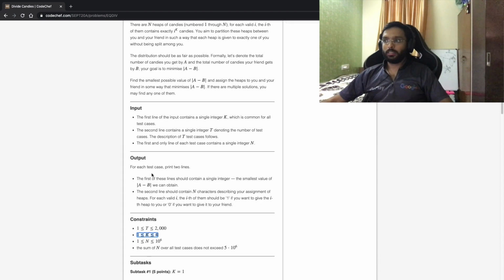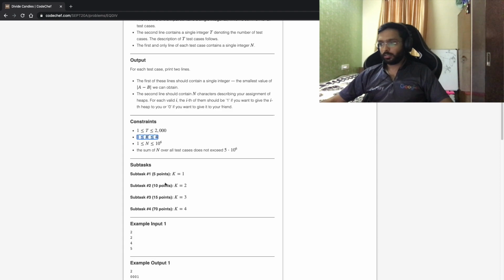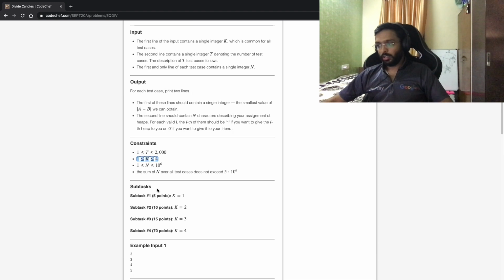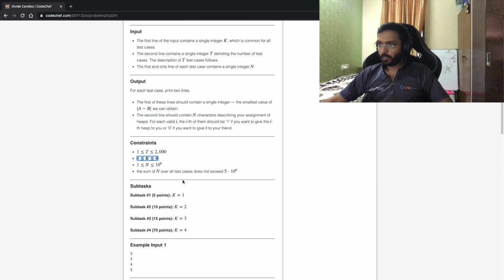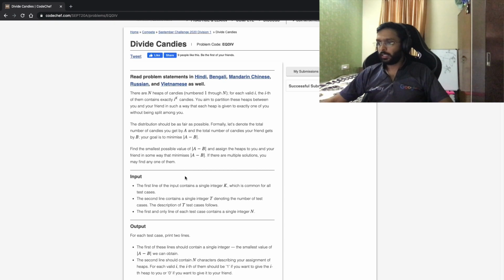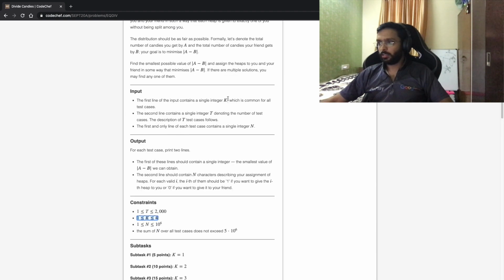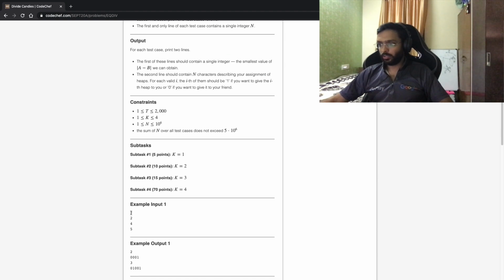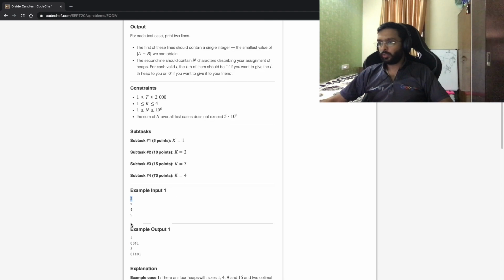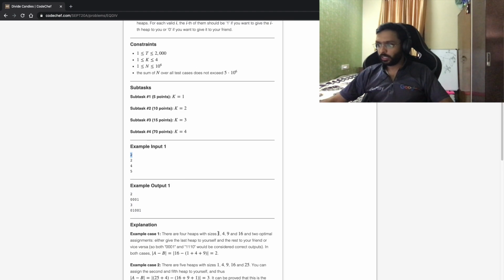So, for example, if k is 1 and n is 3, the heaps are 1, 2, and 3, and so on. If k is 2, as in this example, then we have two test cases, 4 and 5, and the heaps are the squares up till 4.